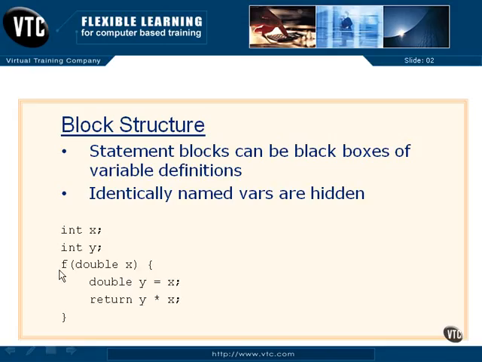Now f would have had to have been defined as returning a type double, because if we don't say so, it's just going to return an int. And y times x are both doubles, and it's going to be a problem because we're going to strip a whole bunch of bits off of it when that double value gets shoved through an integer return path. So this is what we want to show you in block structure,